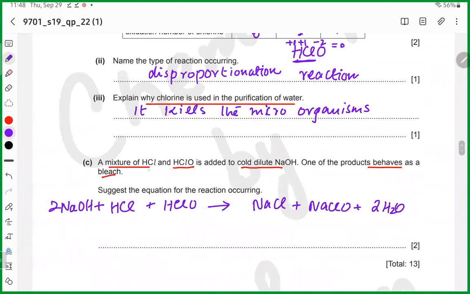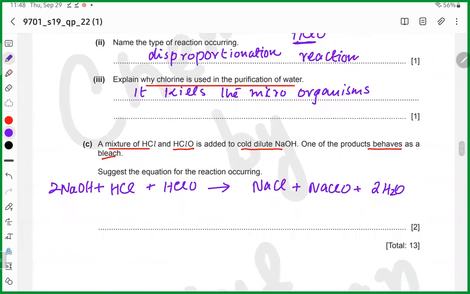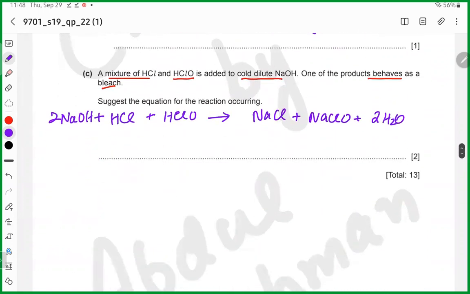अच्छा, अब वो आपसे क्या कह रहे हैं कि HCl और HClO के मिक्सचर को हमने कोल्ड NaOH में ऐड किया है। तो कोल्ड अगर NaOH यूज किया है तो इसका बिहेवियर कोल्ड NaOH का वाला ही बिहेवियर होगा ना, जो कोल्ड NaOH का होता है, यानी कि जो डिस्प्लेस कर देते हैं। डिस्प्लेस कर देता है, और Na जो है उसकी जगह ले लेगा किसकी? दोनों में हाइड्रोजन्स की।